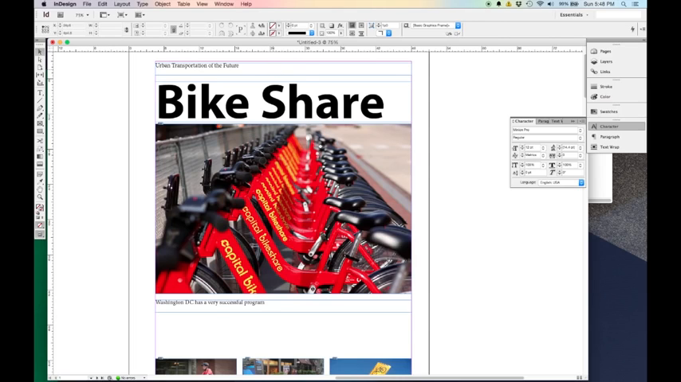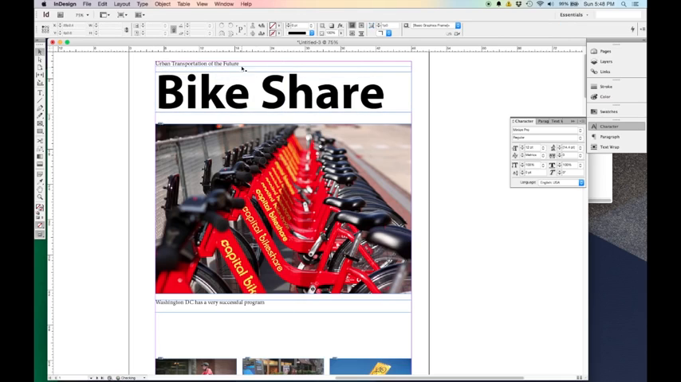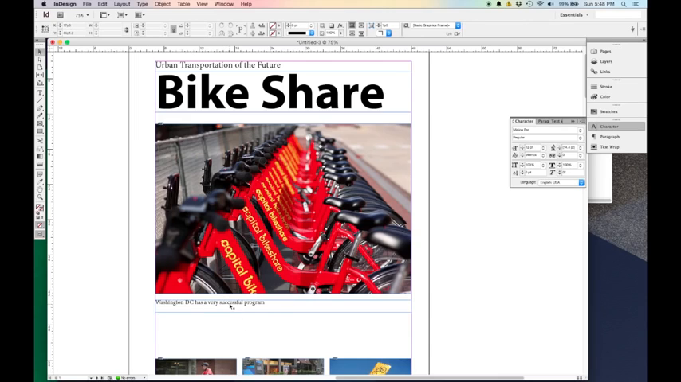So I'm just going to tweak a couple things, bring this up here. I'm going to grab this handle here, make it a little smaller. I'm going to pull up this bike share. You know, maybe this text, I actually want to make it a little bit bigger, so I'm going to select it. Let's say I'm going to make it an 18. Okay, pull this image up,